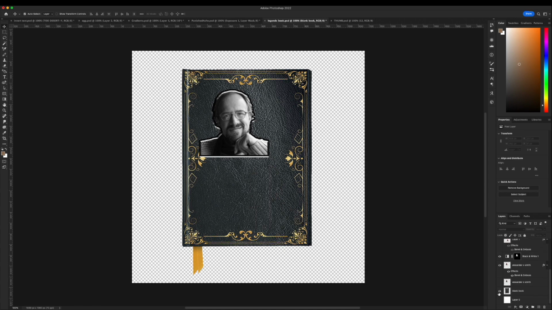So for this one, this one actually did take a while. Mostly because, one, I had to find this image. This took forever to find. Just like a blank black leather book, because that's just what I had in mind. And then we have this picture of Alexander O. Smith. This is his Twitter profile picture, and then I erased the background,